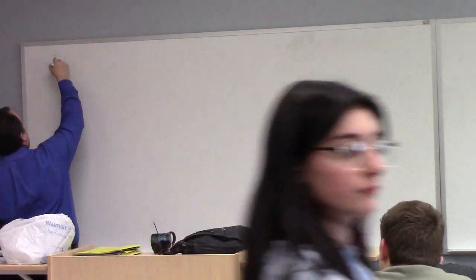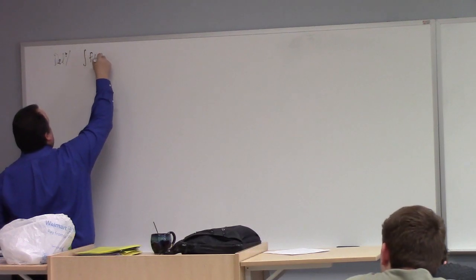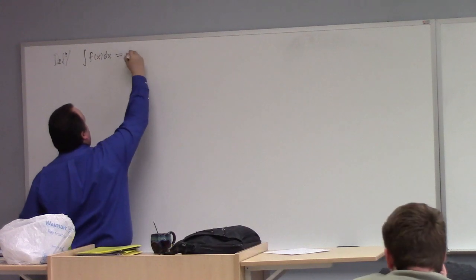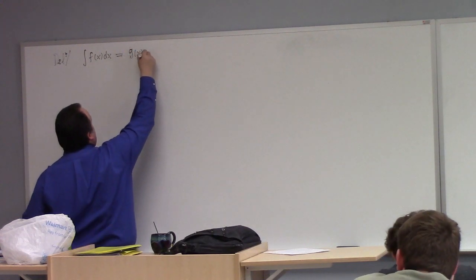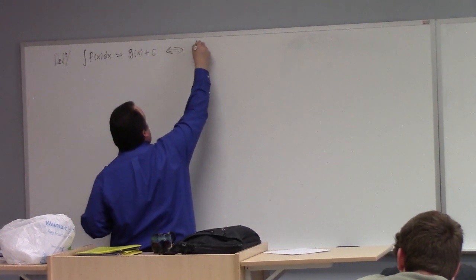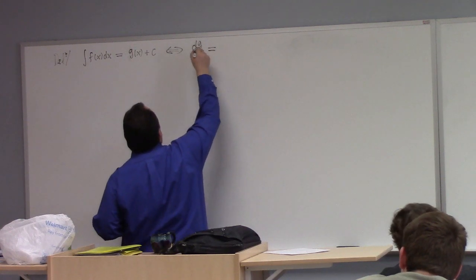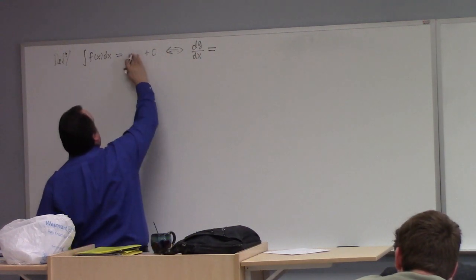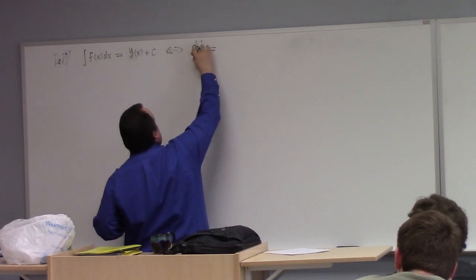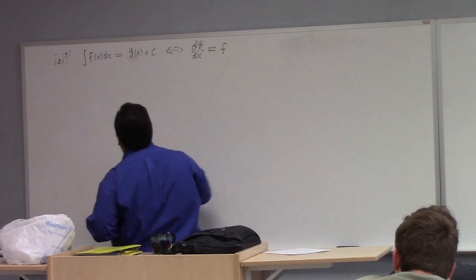basically this is the definition. The integral of f of x dx is equal to, let's say, g of x plus a constant, if and only if what? We need dg/dx equal to what? Or maybe I should put y. Let me put y here for a second. y is a function of x, right? That's only true if and only if dy/dx is equal to f, right? So every time we're